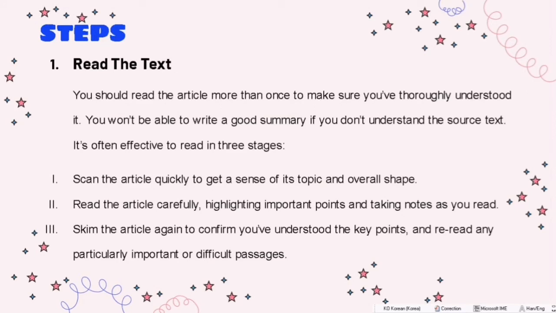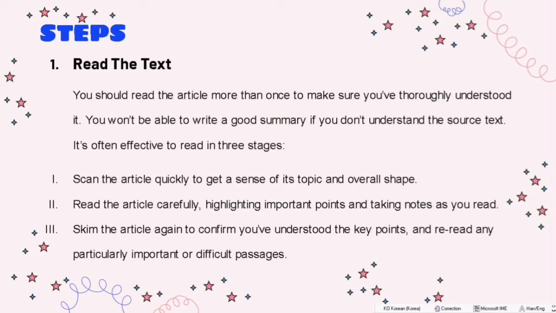Step number 1. Read the text. You should read the article more than once to make sure you have thoroughly understood it. You won't be able to write a good summary if you don't understand the source text. It is often effective to read in 3 stages. Stage number 1. Scan the article quickly to get a sense of its topic and overall shape. Stage number 2. Read the article carefully, highlighting important points and taking notes as you read. And stage number 3. Skim the article again to confirm you have understood the key points and reread any particularly